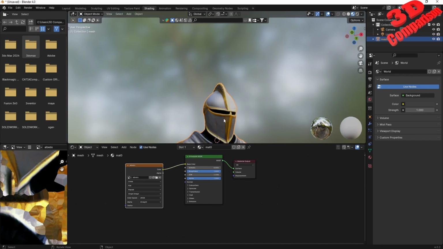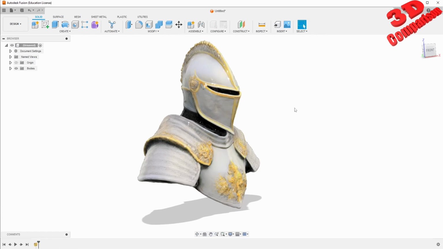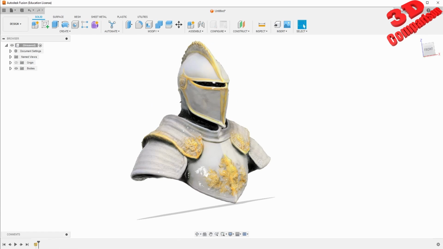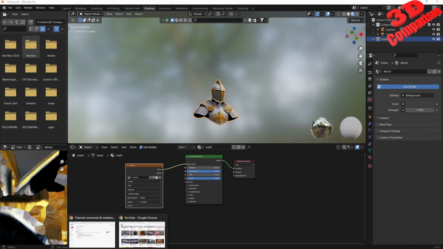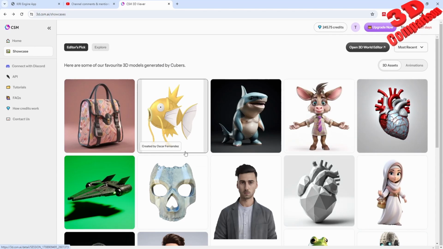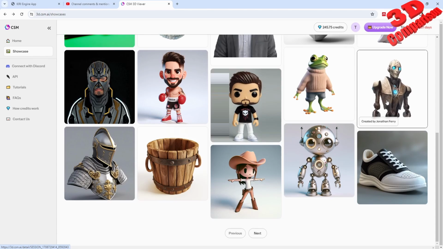So to get started with that, I also made a new case study, so I don't have access to Kiri 3D in order to do that 3D scanning, but as you can see over here, I will make use of a GLB file available on csm.ai machine. So let's get started. I will go over here. Let's search for a different model. So this will work with any GLB file. For example, let's take a look at maybe this